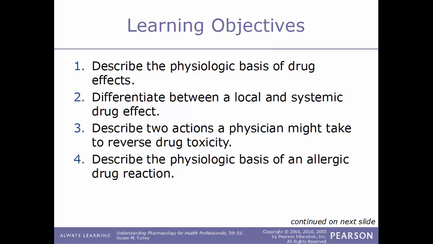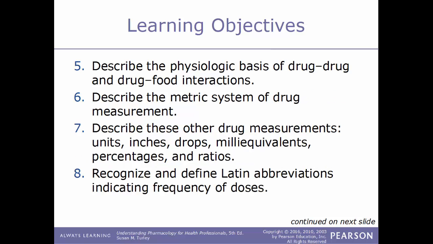Learning objectives for this chapter: describe the physiologic basis of drug effects, differentiate between a local and systemic drug effect, describe 2 actions a physician might take to reverse drug toxicity, describe the physiologic basis of an allergic drug reaction, describe the physiologic basis of drug-drug and drug-food interactions, describe the metric system of drug measurement,